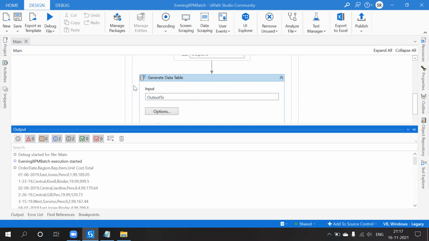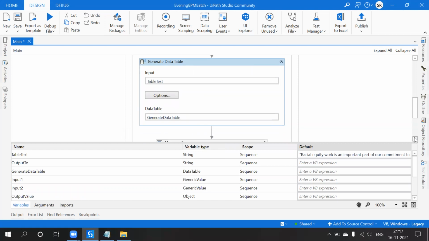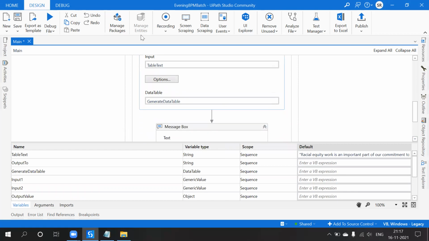See, if I use any text, it can be converted into a table. For example, I will use some table text, right? So I will use this one. What is the delimiter here? Okay, let it be comma.